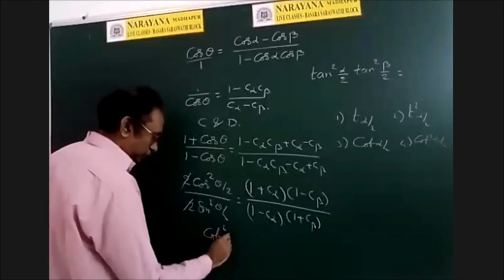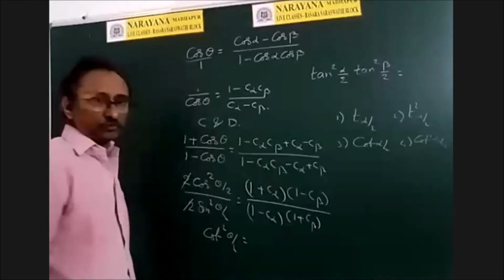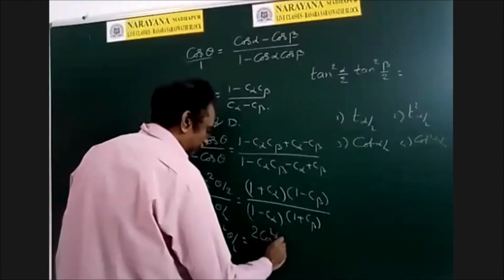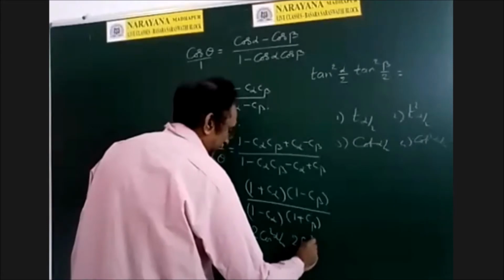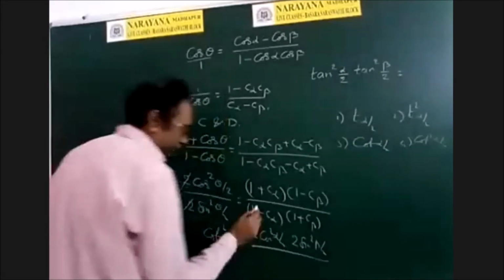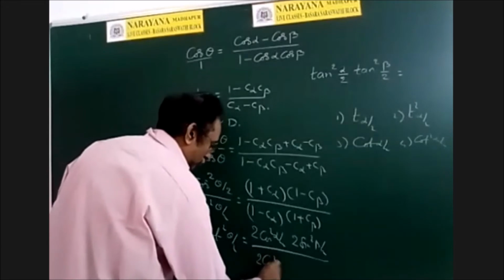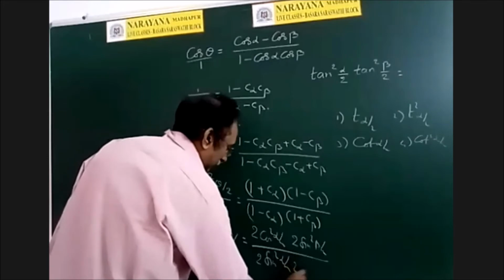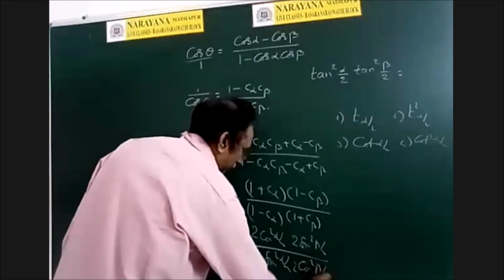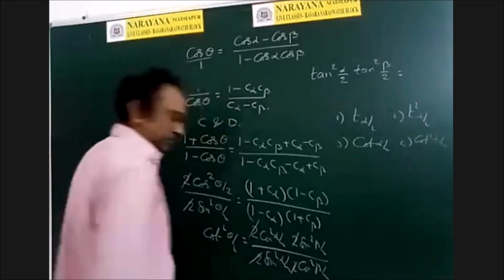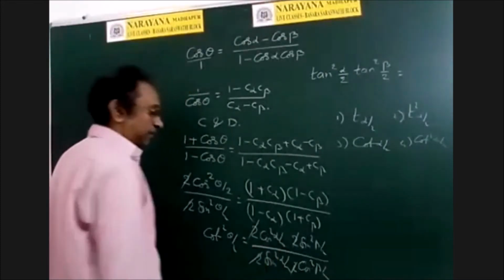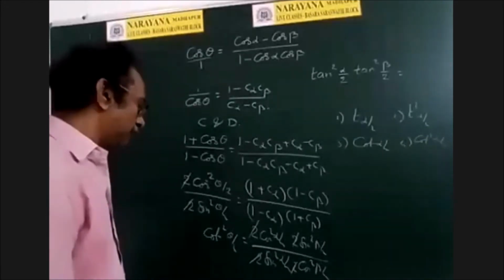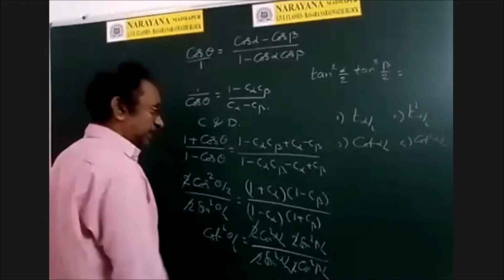tan. Of course, first of all, you can write this as cot square theta by 2. What is this? This is 2 cos square alpha by 2. This is 2 sin square beta by 2 by 2 sin square alpha by 2 and 2 cos square beta by 2. So 2 cancel. And what is this? Cos square alpha by 2. And what is the question actually? Tan square alpha by 2, tan square beta by 2. Isn't it?